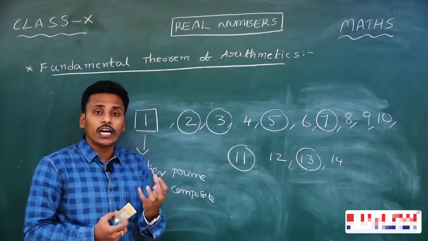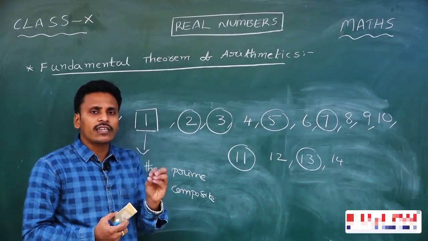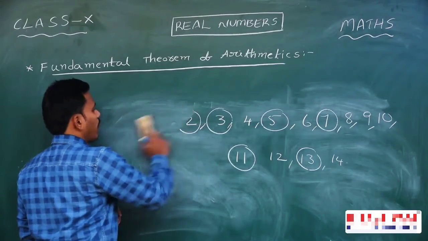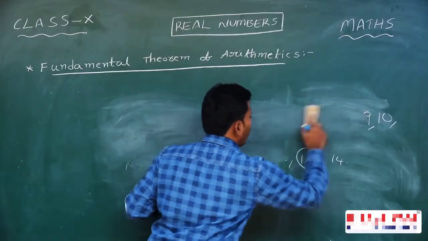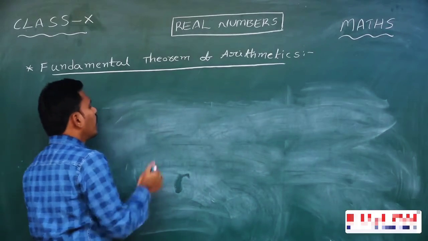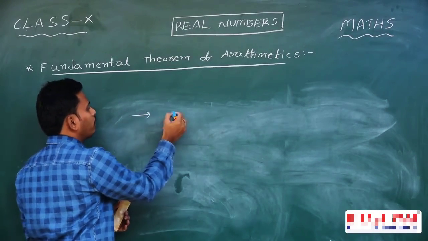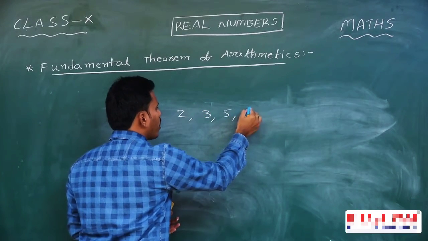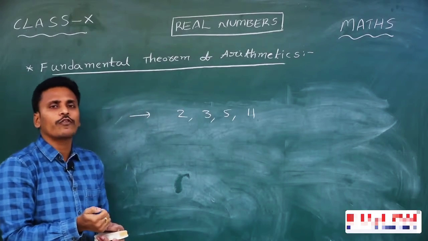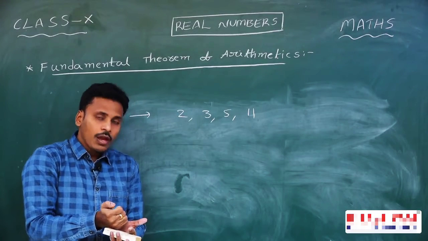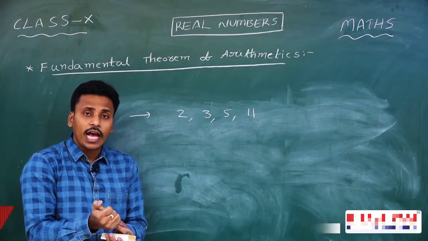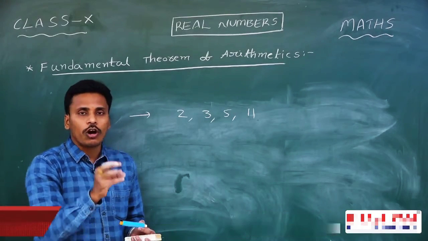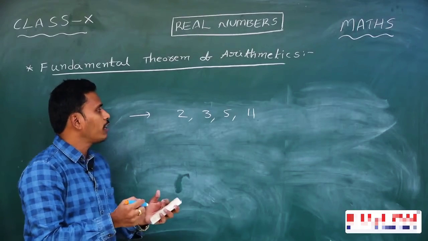Among those infinite collection of prime numbers, let us take a few prime numbers. Let us take a finite number of primes. For instance, I am just taking primes like 2, 3, 5, maybe some 7 or 11, anything. Let us start with a few prime numbers. Actually, how many primes do we have? We have an infinite number of primes. And among those, you just start with a few prime numbers like 2, 3, 5 and 11.